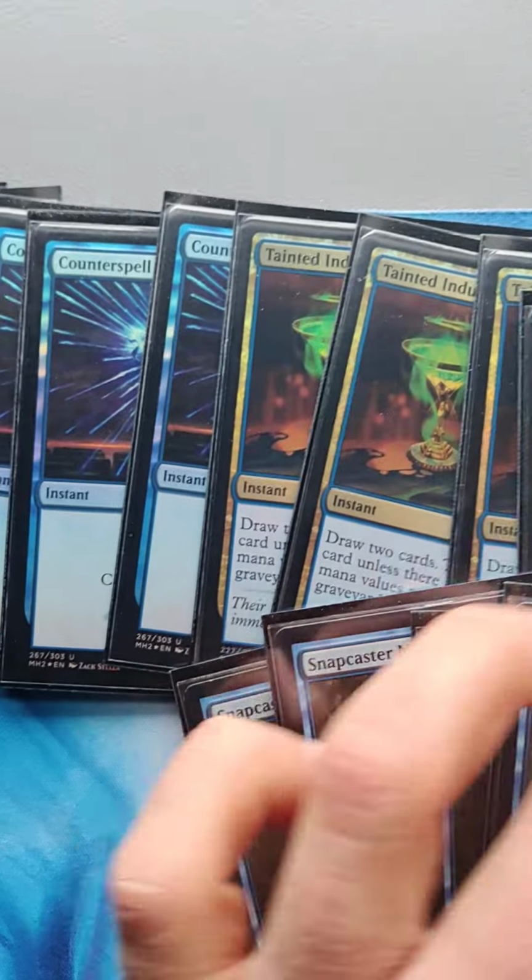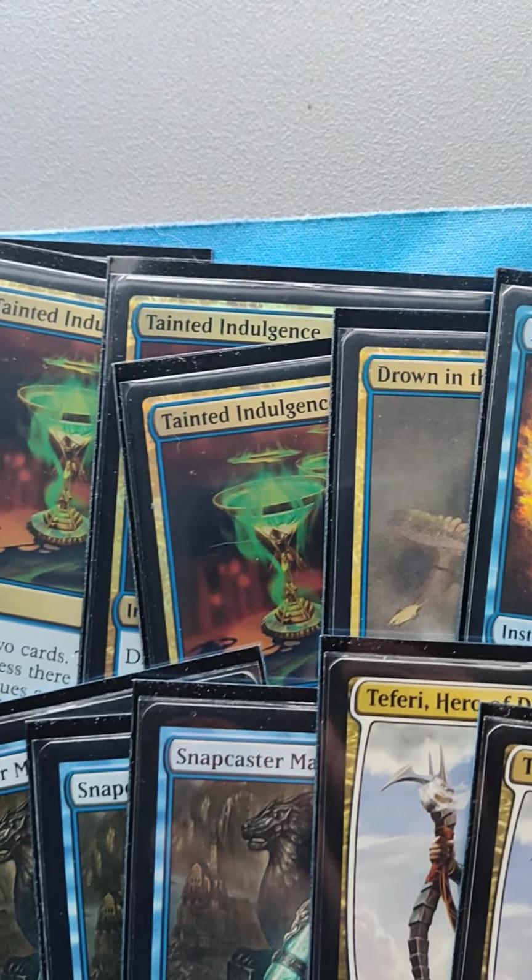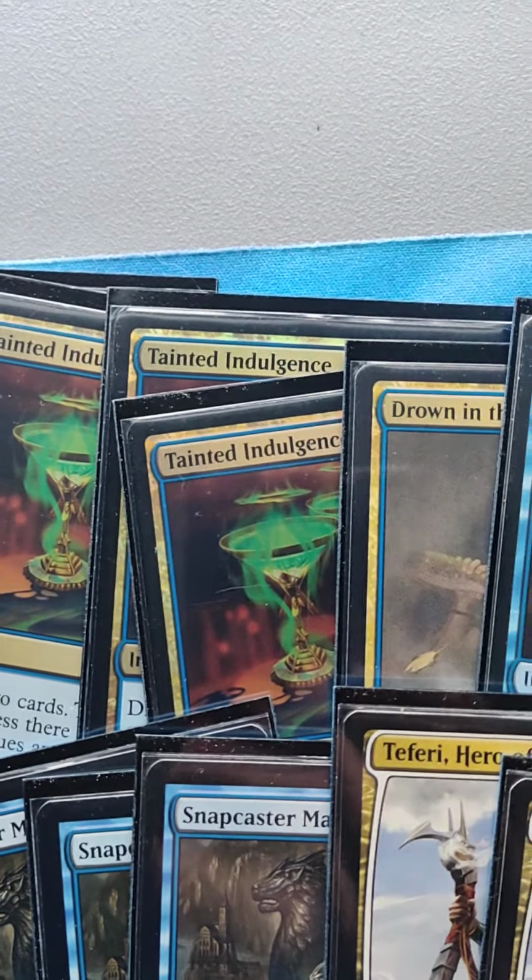I think it's actually really good. 2 mana, instant speed, draw a card. It's fairly easy to turn on. 1 copy, single copy of Drown in the Loch, because why not? This deck kills more things than an exile, so that's probably...